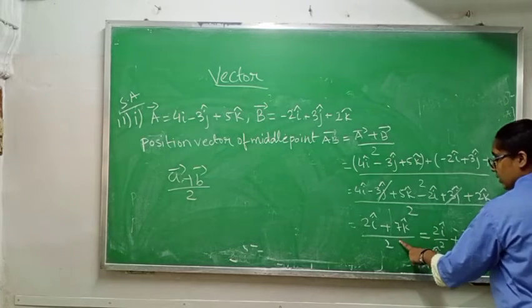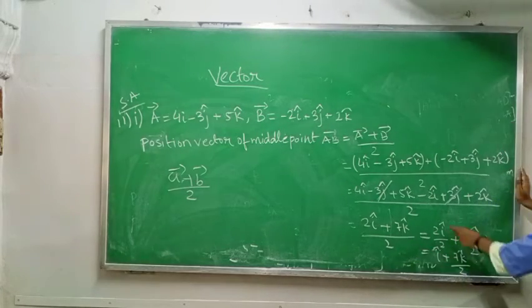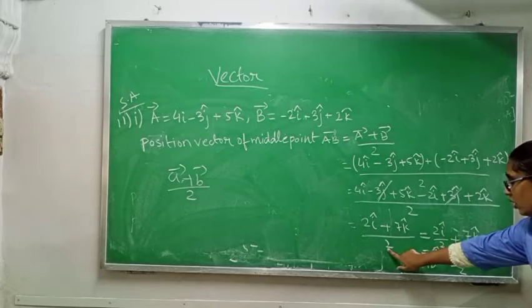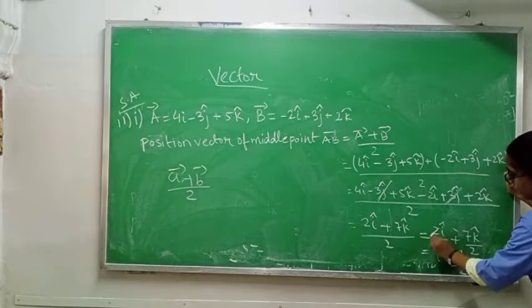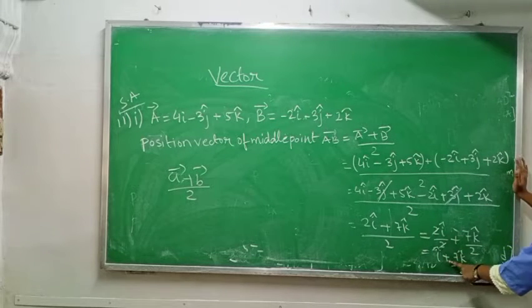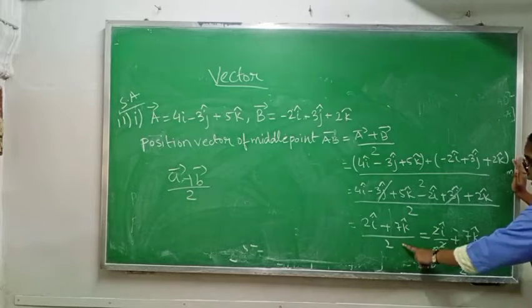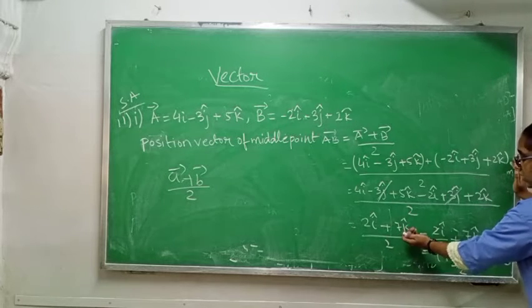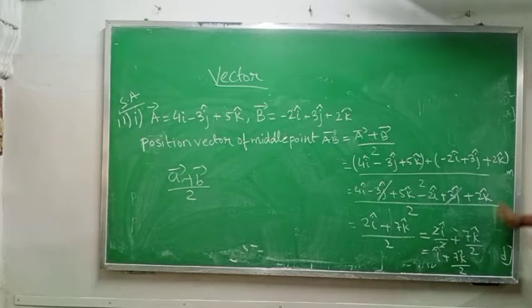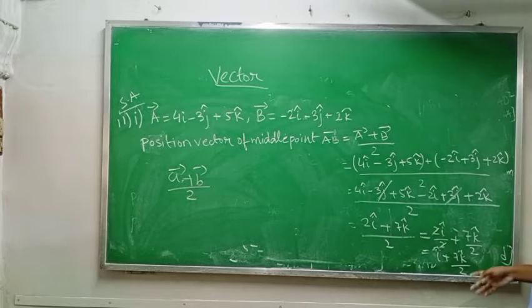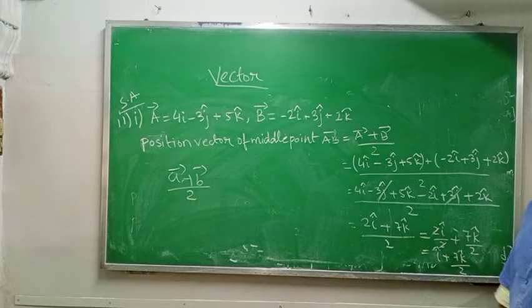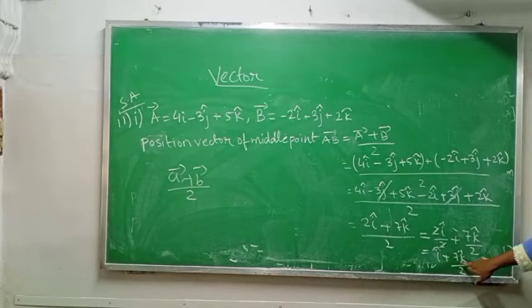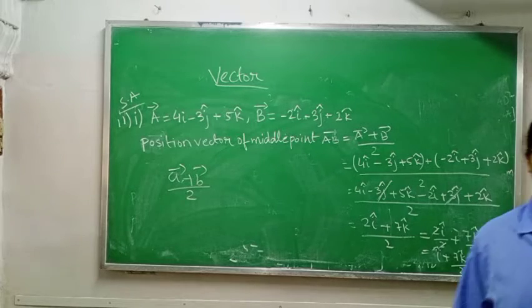This one is the correct answer, but in your book they write it separately, means this 2 is divided in this also and in this also. So that 2 will cancel out and you will get i cap plus 7k cap by 2. This answer is also correct. You can keep it up to here also. Okay, it's up to you. But if it comes in an MCQ type question or something like this, at that time, if this option is given to you, then you have to separate it and write i cap plus 7k cap by 2. Okay.